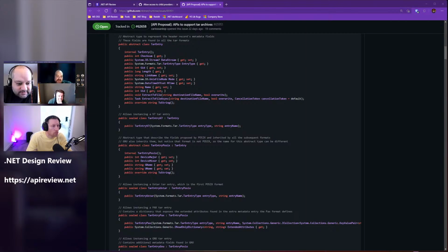Details about the constructors. Well, tar entry v7, it receives the entry type and the entry name. The user can modify the entry name later if they want. It was a restriction in zip archive entry. I didn't know why, but it's better to add it right now, and then if they want to change it, it's possible, especially if the entry comes from a reader and then they want to change it, write it into another writer, then